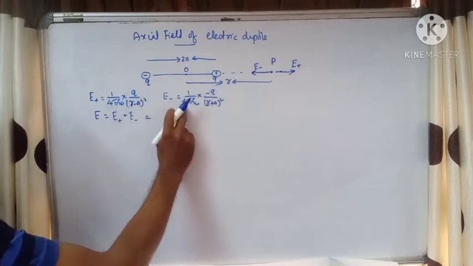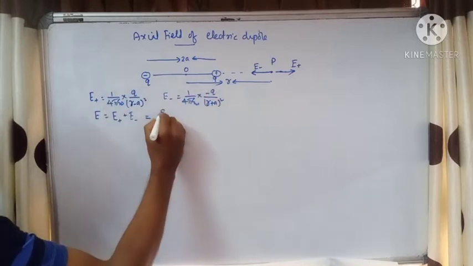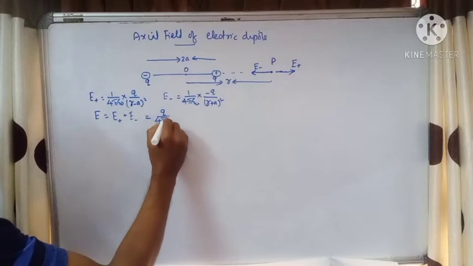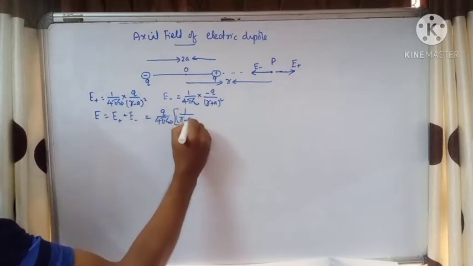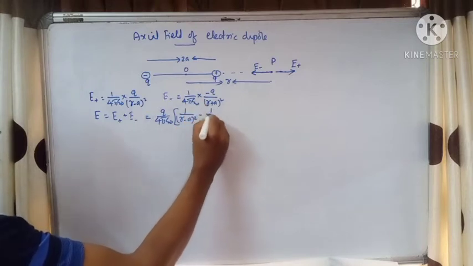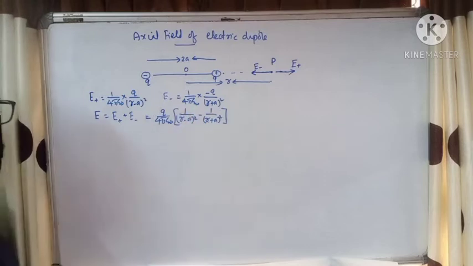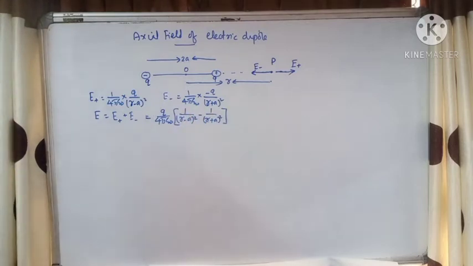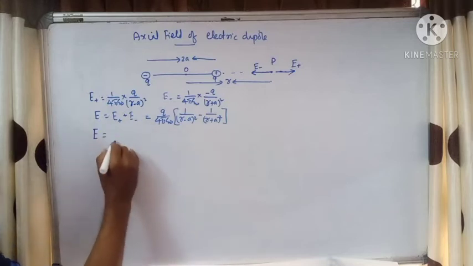When you add these two, there are a few common terms: q is common and 4 pi epsilon 0 is common. You can take all these terms common, q by 4 pi epsilon 0. What is left is 1 by r minus a the whole square, minus 1 by r plus a the whole square. Now we need to simplify this. To simplify, we need to take the LCM. So the net field E is equal to q by 4 pi epsilon 0 into